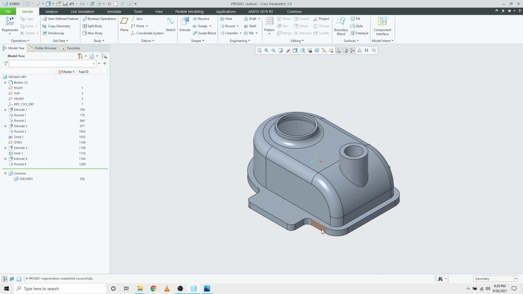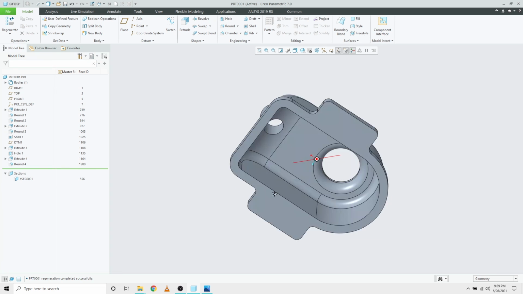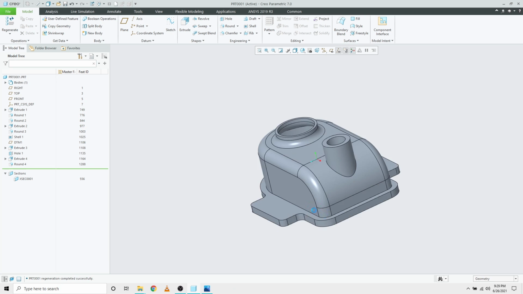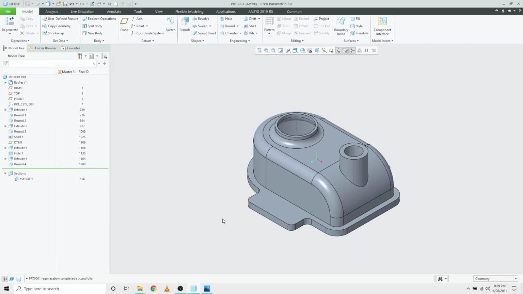So now that we have finished creating this 3D model, I have missed only one feature, that is this rib, which is in between this shell element and this bottom pad. I am leaving this rib element intentionally undone in order to explain it in another video. I am planning to explain ribs in a dedicated video, where you will get to know a lot about ribs. If I explain it in a simpler manner now, I can go to rib, profile rib,